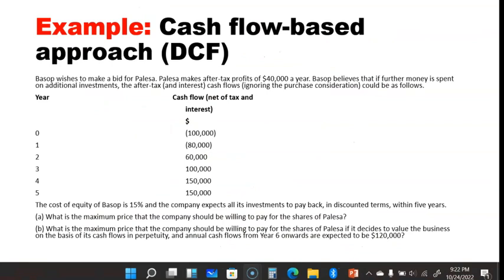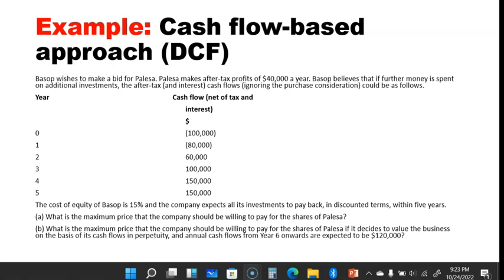We have a firm called Basop. Basop wishes to make a bid for Palesa. Palesa makes after-tax profits of $40,000 a year. Basop believes that if further money is spent on additional investments, the after-tax and interest cash flows, ignoring the purchase consideration, could be as follows. Year 0 up to 5 cash flow net of tax and interest. The cost of equity of Basop is 15%,